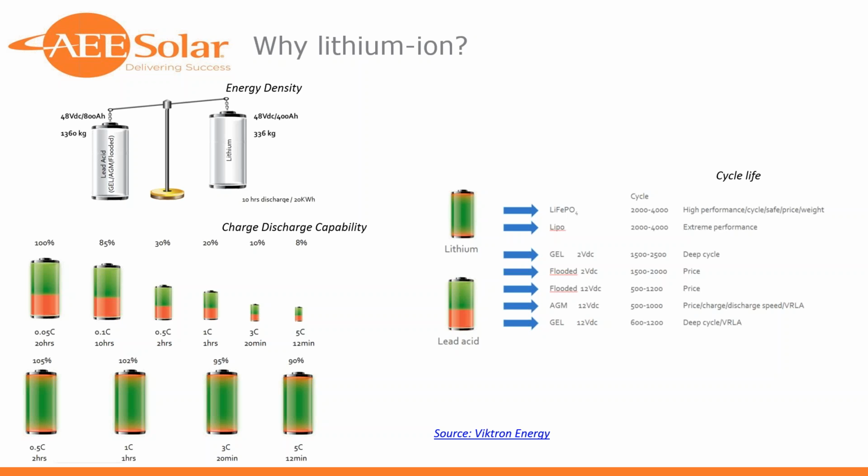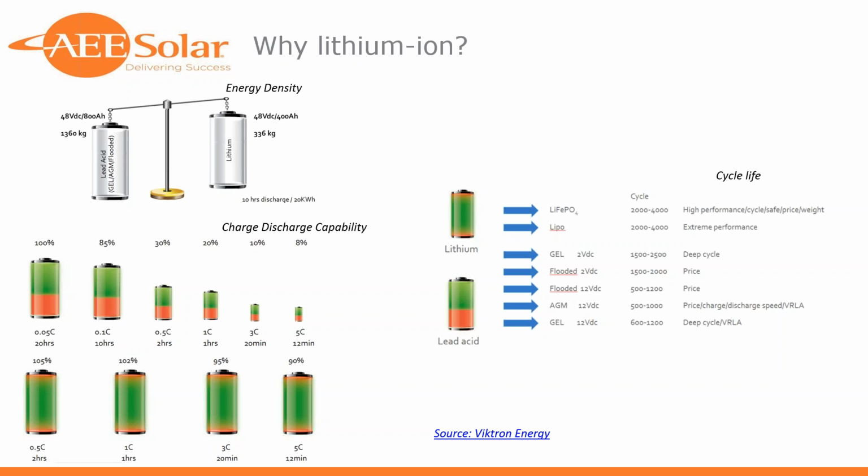unusable energy, energy that's turned into heat through the discharging of the battery. And you see there that as you work towards the right, the C rates increase, the amp hour rates decrease. So effectively what you're saying is the harder I discharge this battery, the more quickly I pull the energy out, the less usable energy I've got. And you see there, if you're using a lead acid battery at a